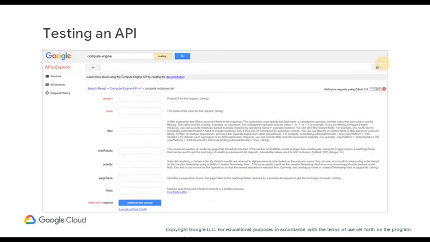In this example, the compute instances list method from the Compute Engine API will be tested. Items listed in red are required inputs. When the method is run, you will have to log in using OAuth 2.0, since REST API is HTTP based. If the method runs correctly, you will receive a 200 message and the appropriate data will be displayed. If the project or the zone were entered incorrectly, you will get a 400 error and no data will be displayed.